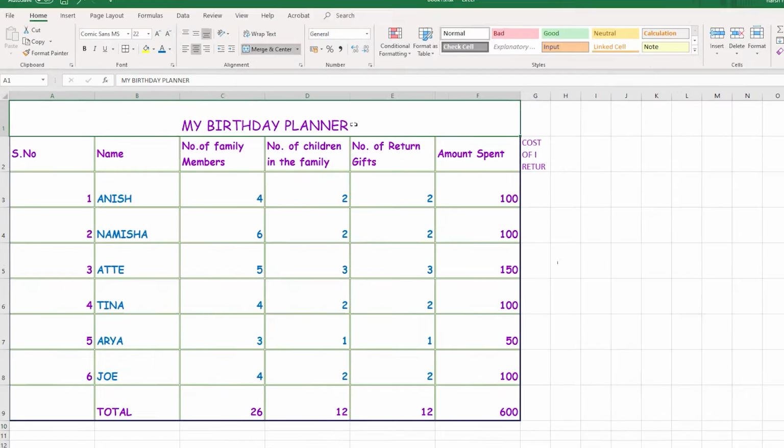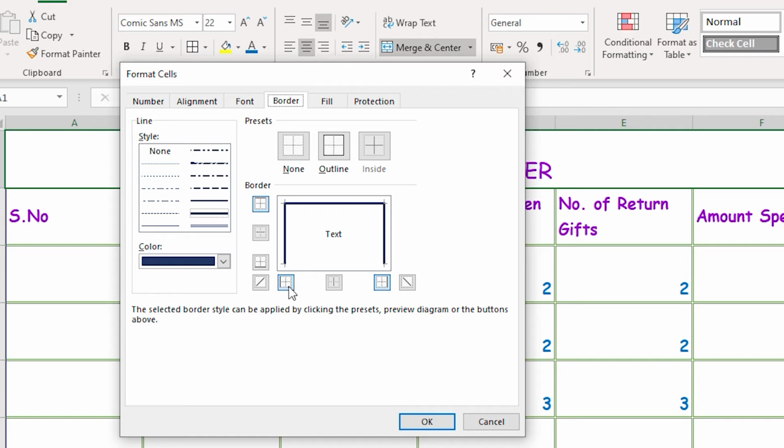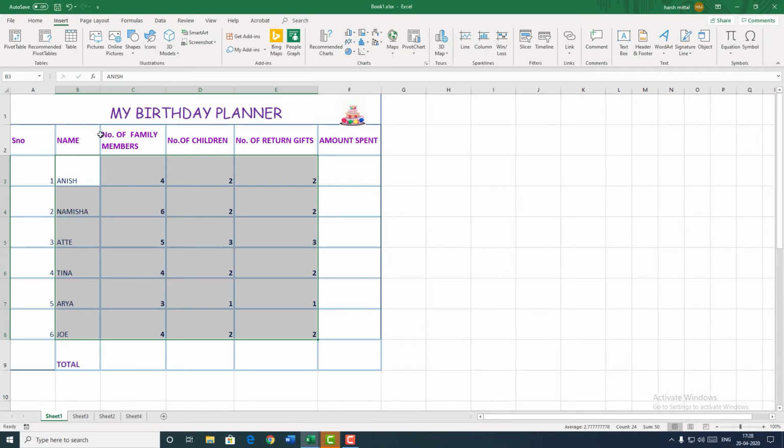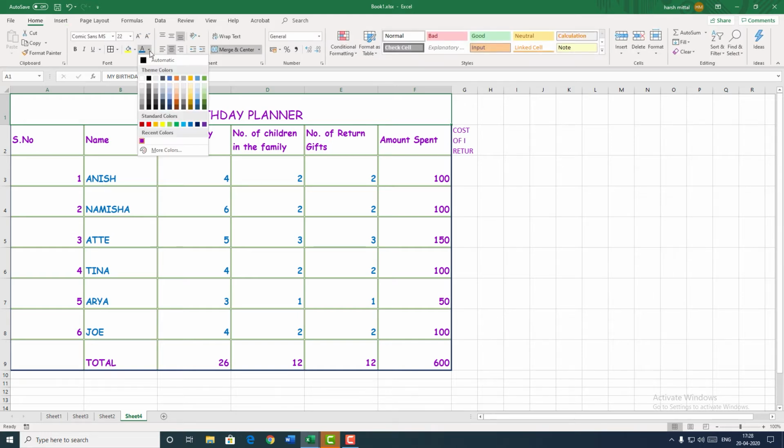Now if this border is not there, select this. As we have seen here that this color as well as the size of the heading is bigger and different from the remaining text color, so we will also do it the same way. Here I'll select this text again, I'll click on it, and now I'll go to the home tab. In the home tab I'll go to the font group and I'll choose a color. Now the color is exactly the color we had chosen over there. Increase the font size, make it a little bigger. Now it becomes bigger.